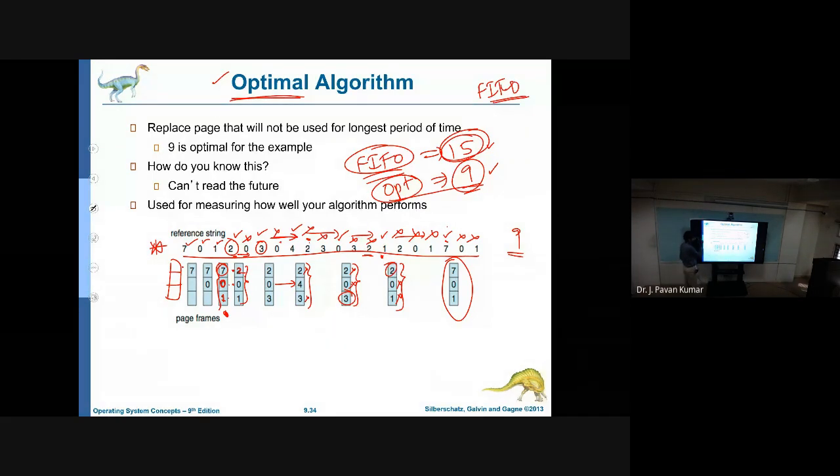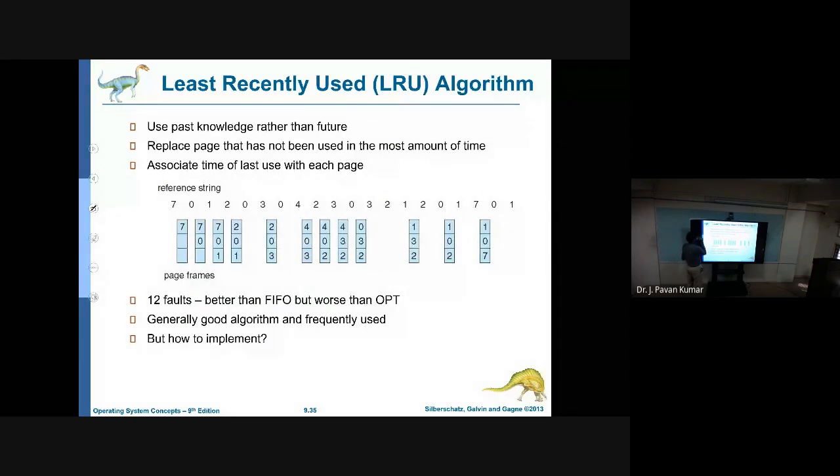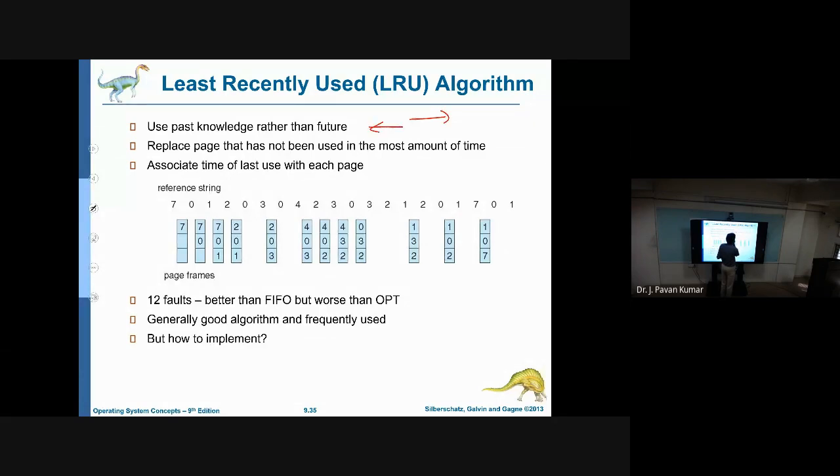There exists another alternative for FIFO as well, that is least recently used. That is, instead of going in the forward direction, we will go in the reverse direction. Least recently used, like although we have loaded one page earlier, like 7 means page fault, 0 means page fault, 1 means page fault.